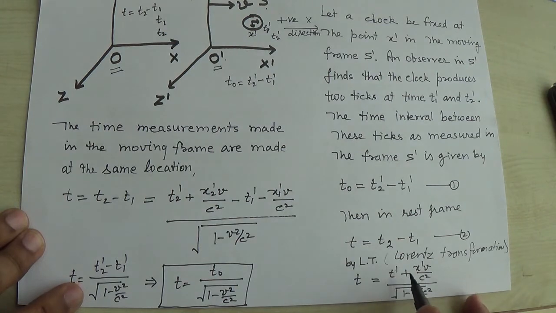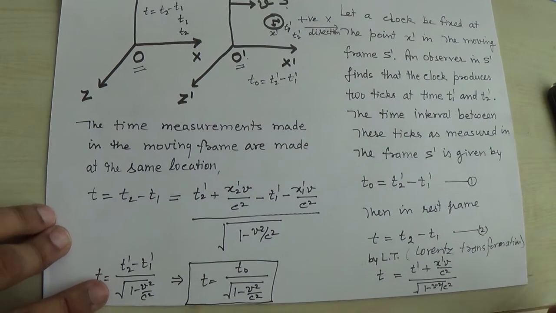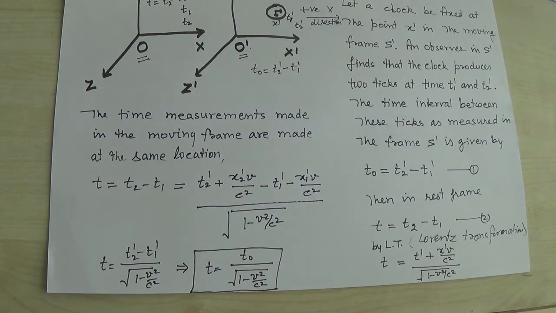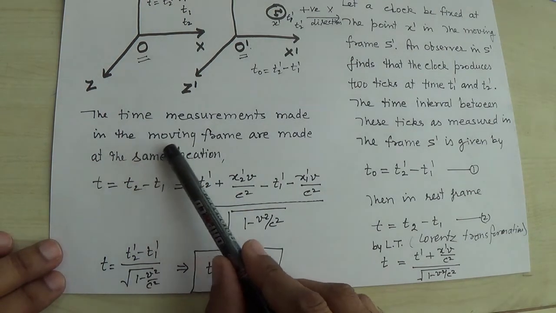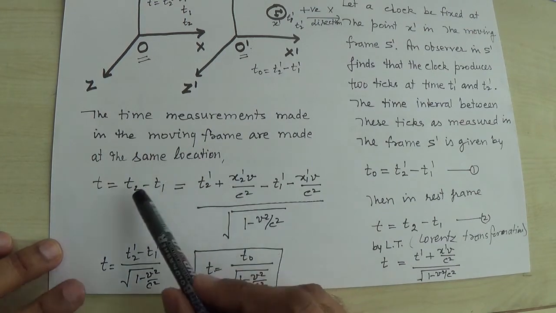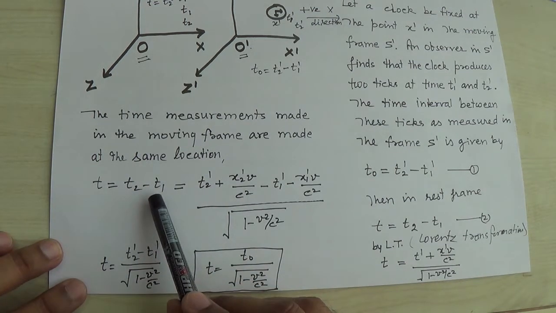T is equal to T prime plus x prime V upon C square, upon this factor square root 1 minus V square upon C square. And further, the time measurements made in the moving frame are made at the same location, right? So T is equal to T2 minus T1